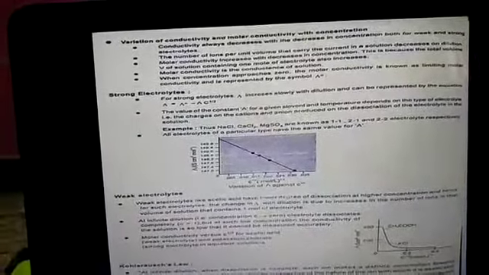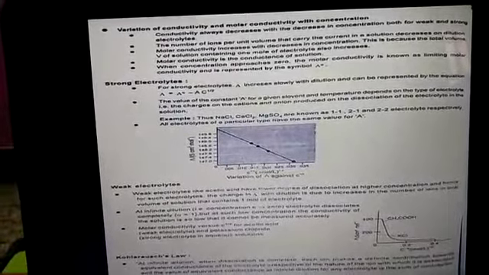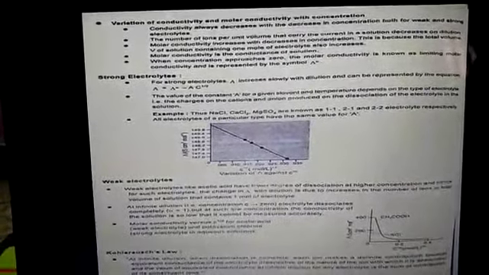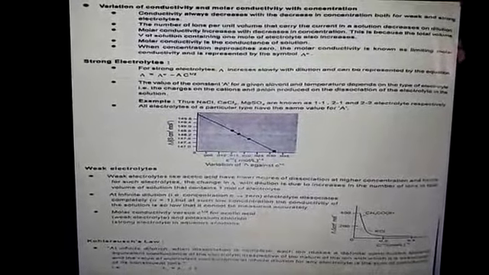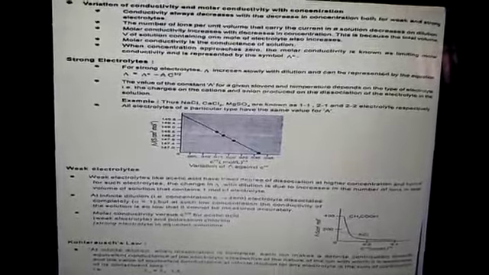Now molar conductivity of the electrolytic solution. It is the conducting power of all the ions produced by dissolving 1 mole of the electrolyte in V centimeter cube of solution, placing the solution between two parallel platinum electrodes 1 centimeter apart and large enough to contain between them the whole of the solution. It is represented by lambda m. Lambda m is equal to kappa into V. Kappa is known as conductivity and V is the volume of the solution in cc containing 1 mole of the electrolyte.